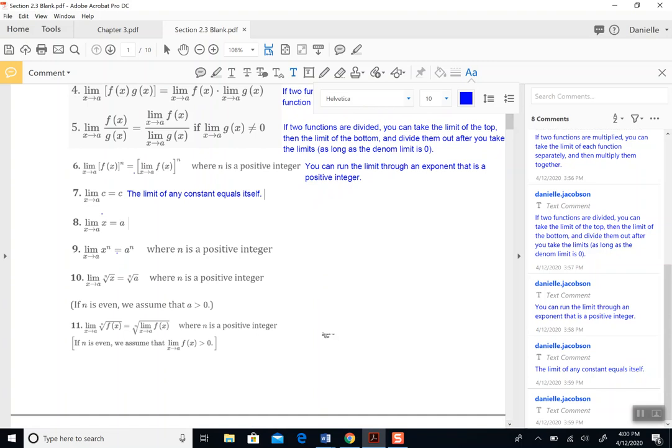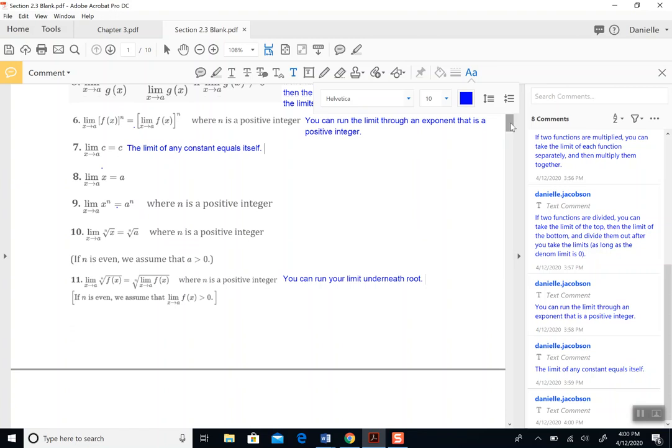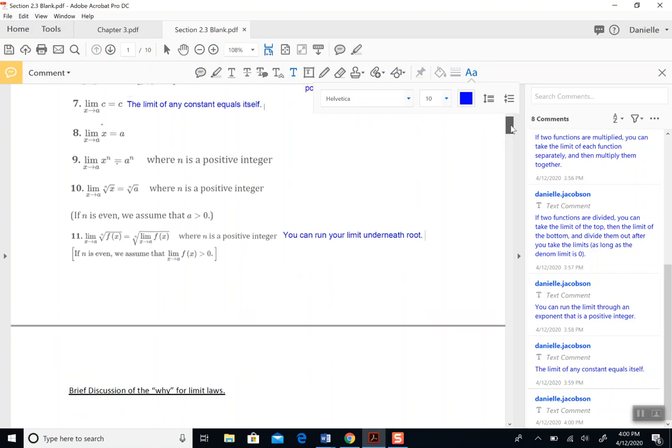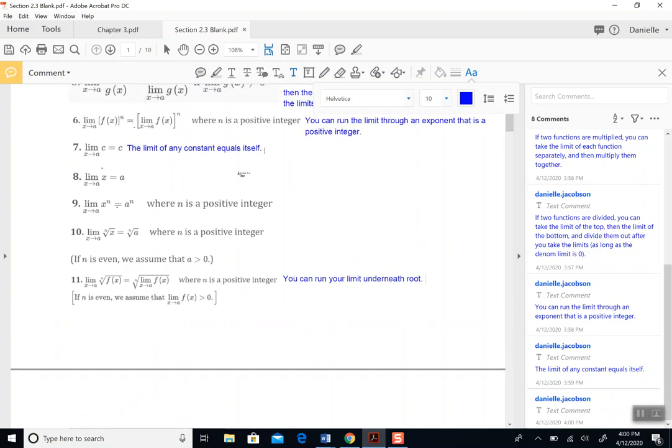Okay, and finally, if you have the nth root or some root of a function, this property is just saying that you can run the limit underneath the root. So this is just saying you can run your limit underneath roots. Again, that's if n is a positive integer. Okay, so now I'm not going to go through every single one of these and explain why they're all true, especially not formally, but I think it's good to have an idea, and so I'll just explain a couple so you get the concept. All right, so let's start with number 7 here,